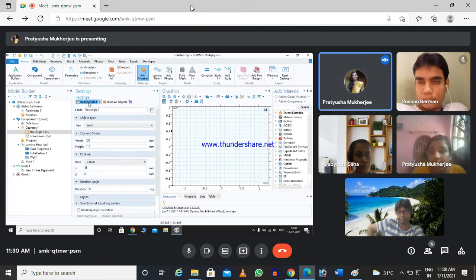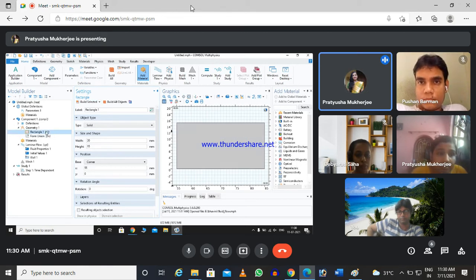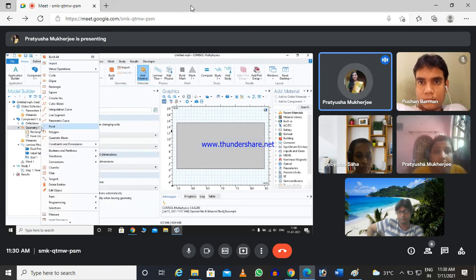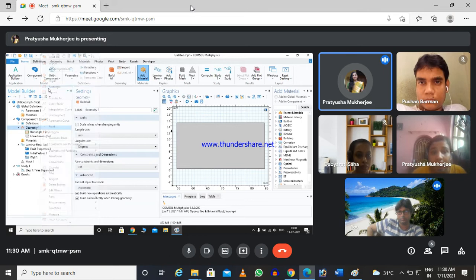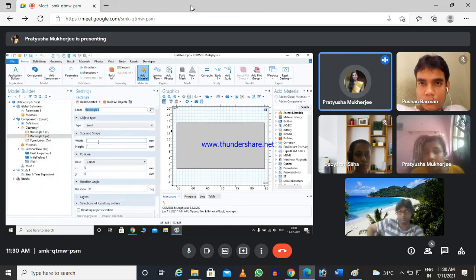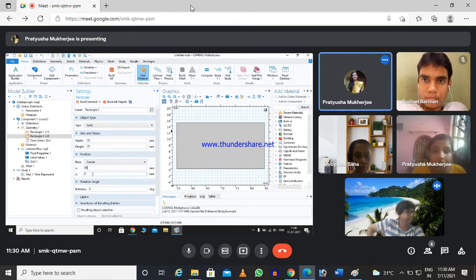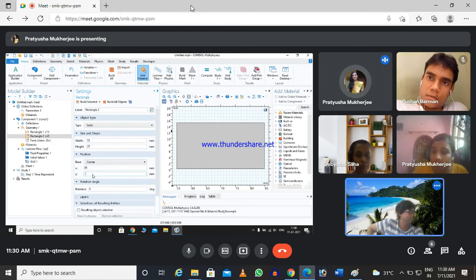Build selected, then right click on the geometry and take another rectangle. The width will be 15, the height will be 25, x will be 85 and y will be minus 10.